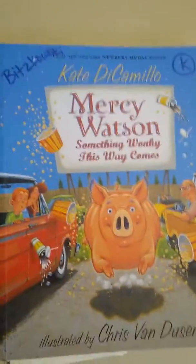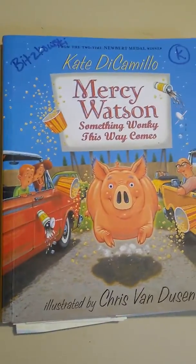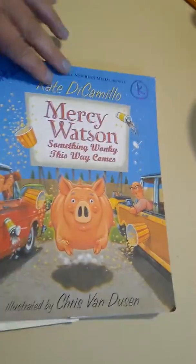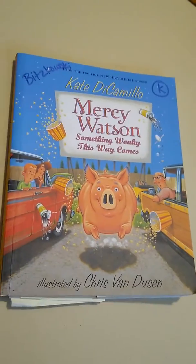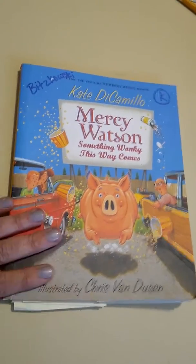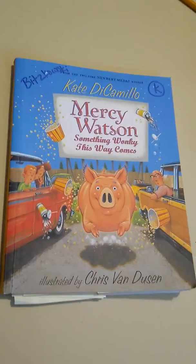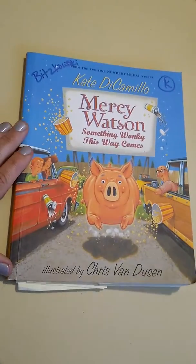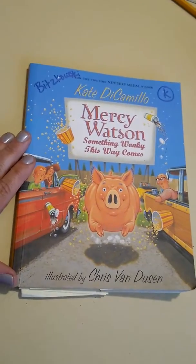So I have had some requests to do chapter book read alouds, so we can just do a few chapters at a time. And I have chosen the Mercy Watson book, Something Wonky This Way Comes. This is the 6th book in the series. I know many of you have read several of the first few books, so I wanted to choose one that maybe you haven't read in class and that we could still have a little fun with because you are familiar